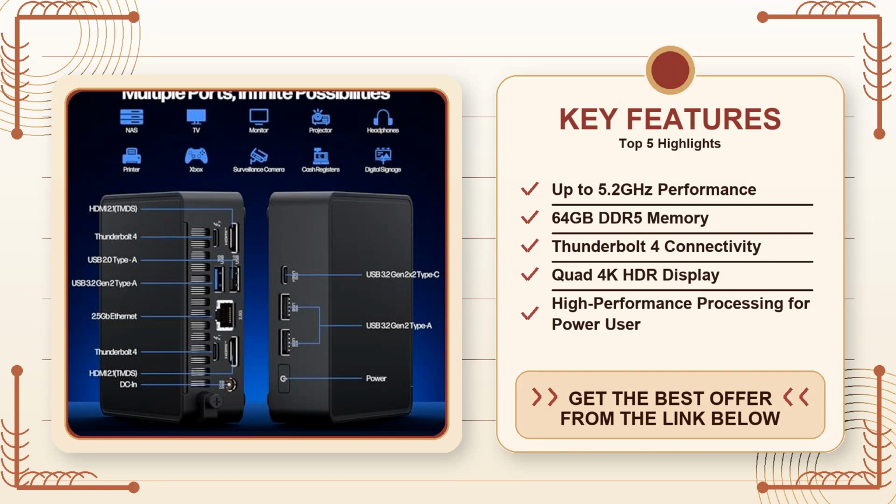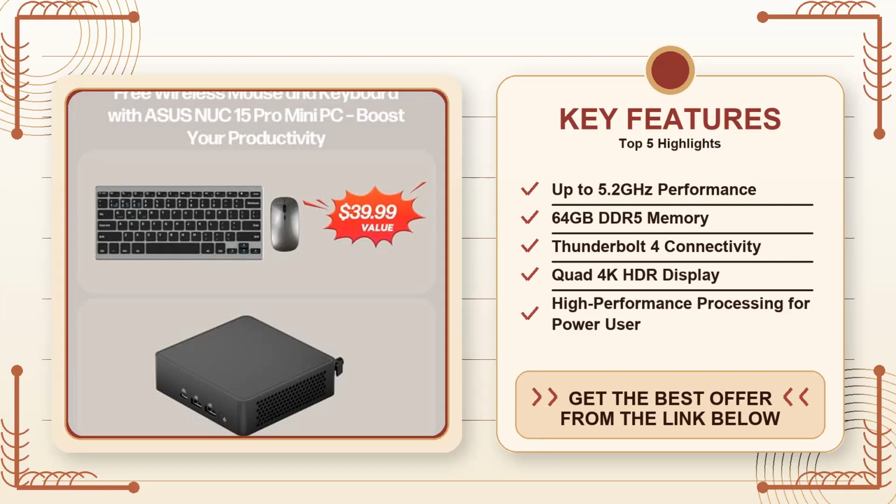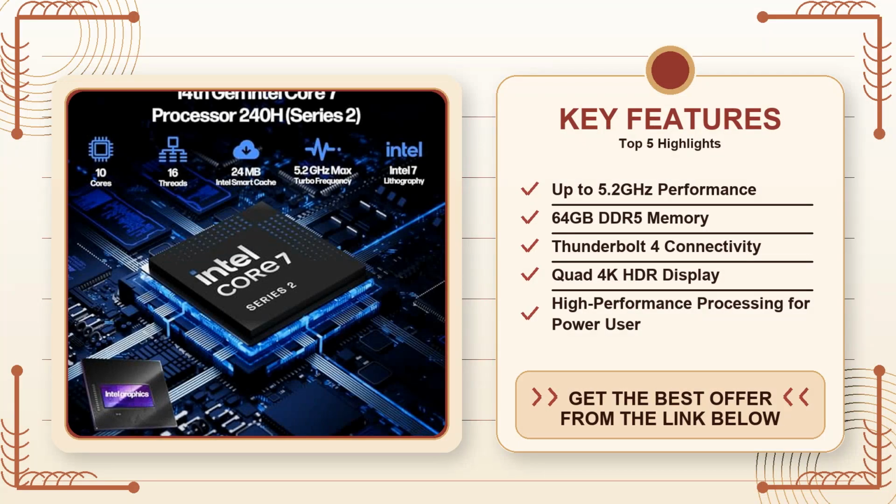The answer boils down to your specific use case. For Linux-centric developers, data analysts, or creative professionals who need a compact, upgrade-friendly workstation that can handle moderate workloads without breaking a sweat, the combination of 64GB DDR5, a 2TB SSD, and Thunderbolt 4 connectivity makes it a compelling package. If you're hunting for a silent, ultralight gaming rig or a budget-friendly all-in-one, you'll be